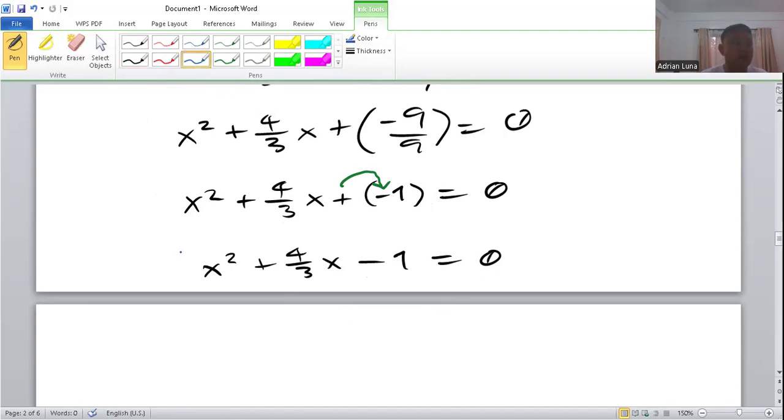So we have to multiply everything by kung ano man yung denominator, and that is 3. So pag nag-multiply ka sa one side of the equal sign ng 3, you must also multiply the other side. So distribute 3 times x squared, we have 3x squared